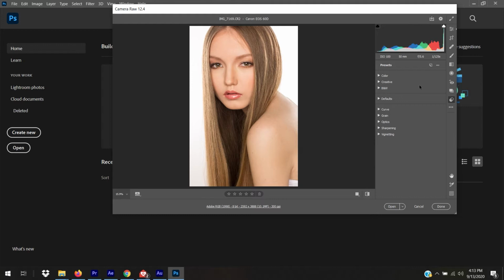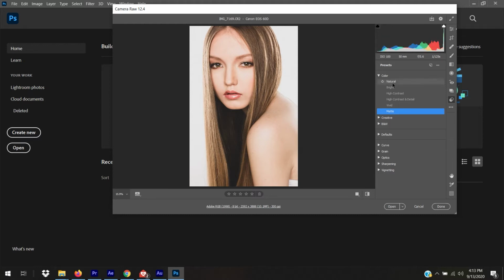Snapshots are very similar, where we can look at our custom settings on the fly, but presets also has a whole host of presets that are already kind of ingrained in the program. So if we go under the color tab here, we have a bunch of options, and this is maybe a good place to go if you just have no idea what you want to do with the image, and rather than